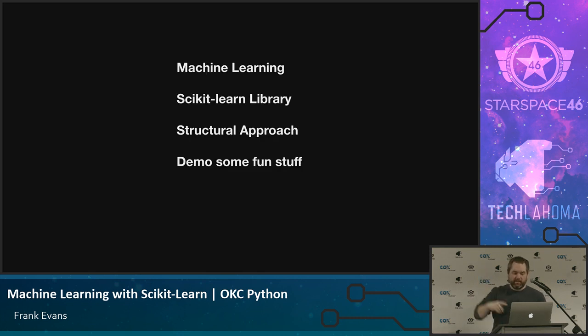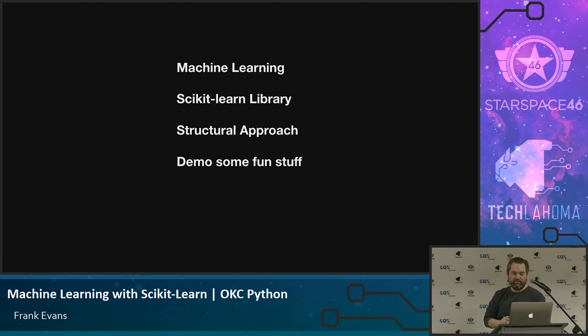So four things I want to talk about. Machine learning in general, we're just going to scrape right over the very top of that. If you are an analyst in probably any capacity, this is going to be boring to you. Feel free to get another slice of pizza. If you're a programmer, an engineer in some other capacity, or non-technical, hopefully this is the grade that we're looking for.